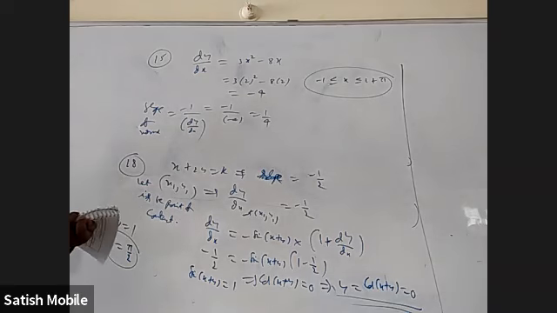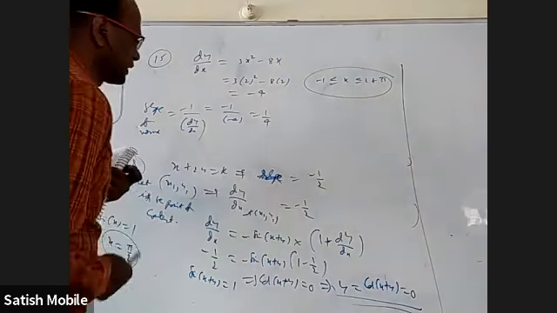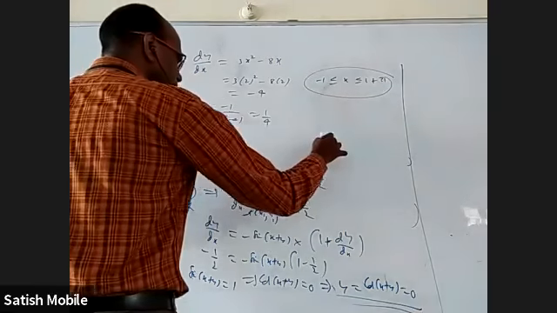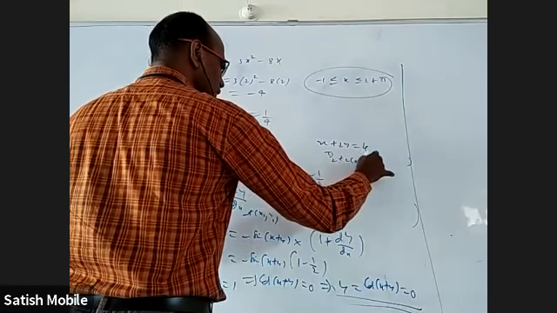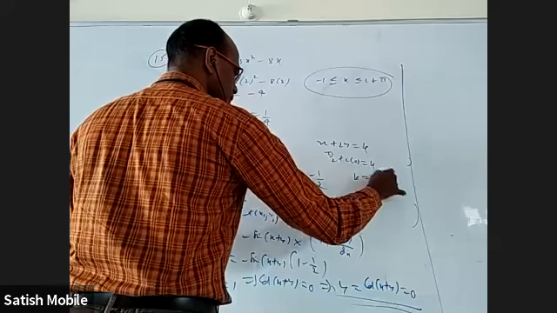And at that point, slope of the tangent is minus one half. And now we have to find the equation. Or just put it in the equation. So now take x plus 2y equal to k. This is pi by 2. This is 2 times 0. So k is pi by 2.